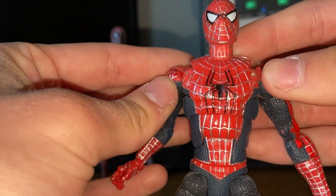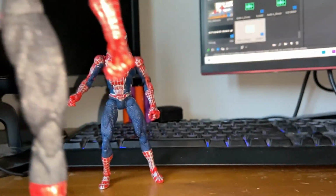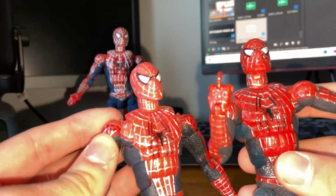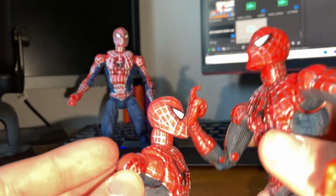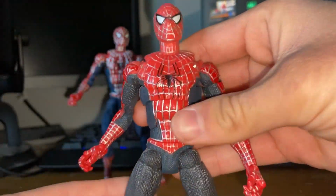And all of the figures in that wave were shit, apart from the Venom. In my opinion, all the figures in that wave were terrible, and this Spider-Man is no exception. The reason why is because when you compare him to the Spider-Man 2 one, the colours are off. The red is much nicer on the Spider-Man 2 version, and the silver webbing is way too